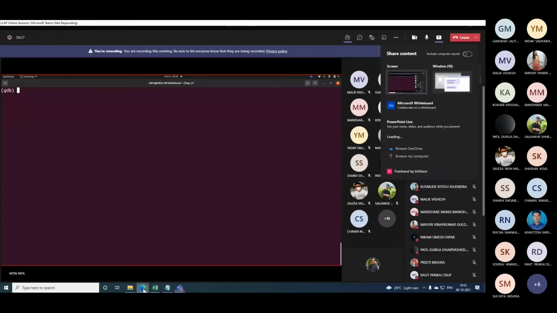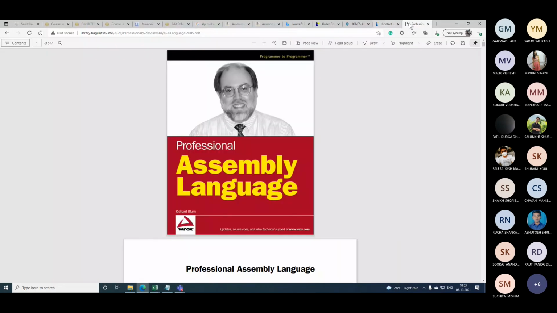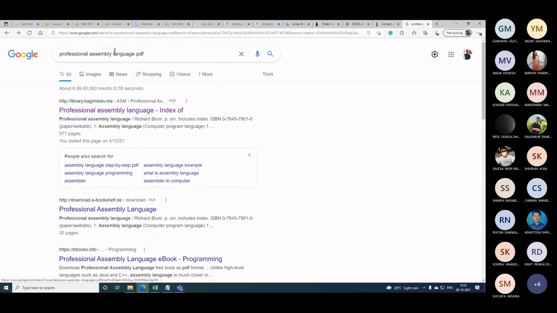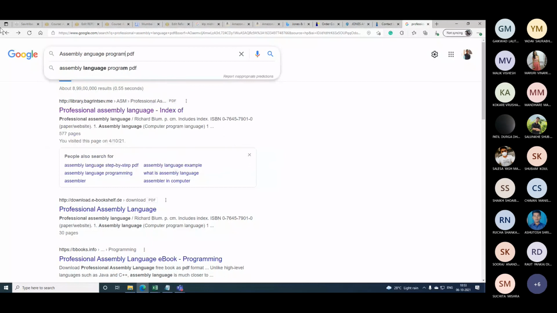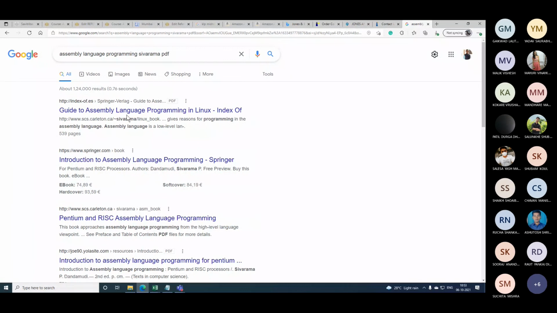There is another book that you may make use of: Guide to Assembly Language Programming in Linux.